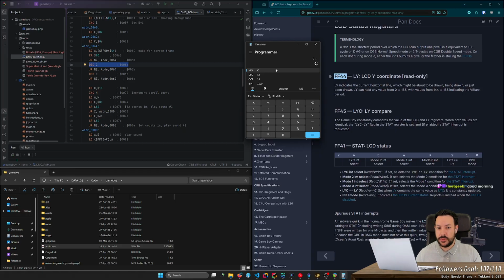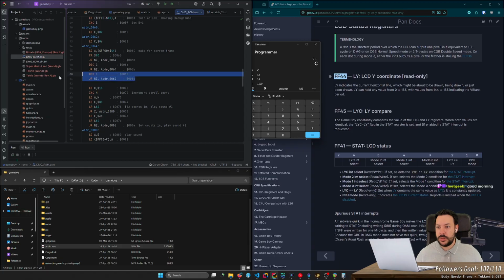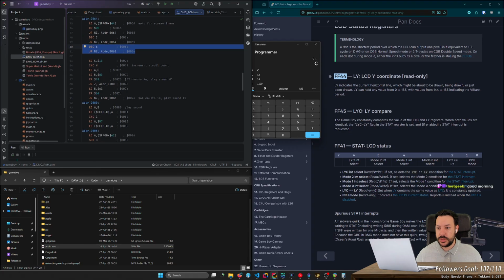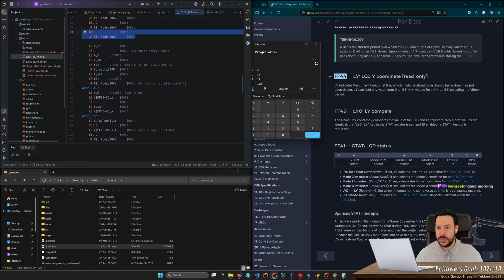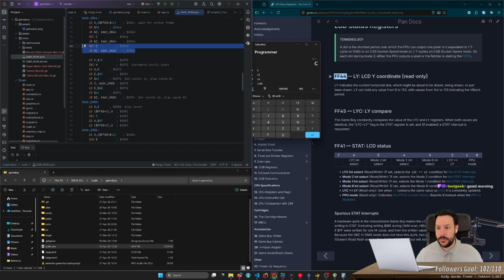It tries to run this for 12 iterations. Yeah, 12 iterations. Then it tries to run this for 2 iterations. Yeah, okay.